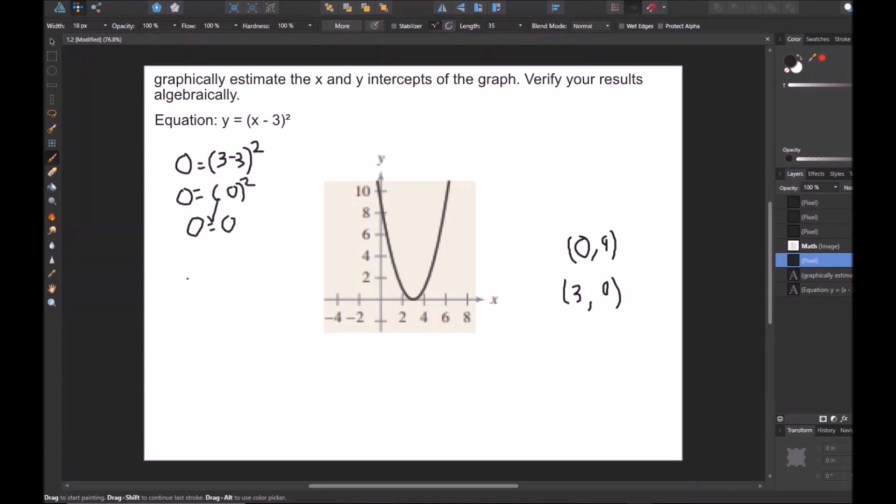Now for the y-intercept, I'm going to plug in 9 for y and 0 for x. So we have 9 equals 0 minus 3 squared. Well, 0 minus 3 is just negative 3. And negative 3 squared is 9. So we get 9 equals 9, which is true, which means yes, this is the y-intercept